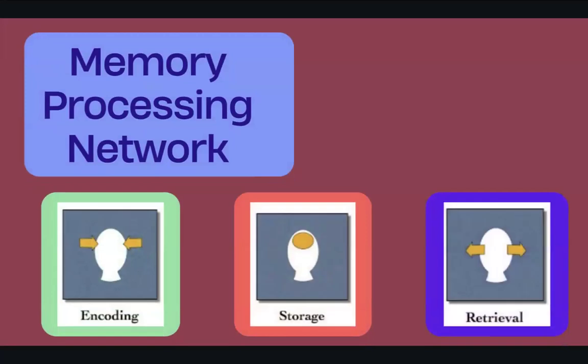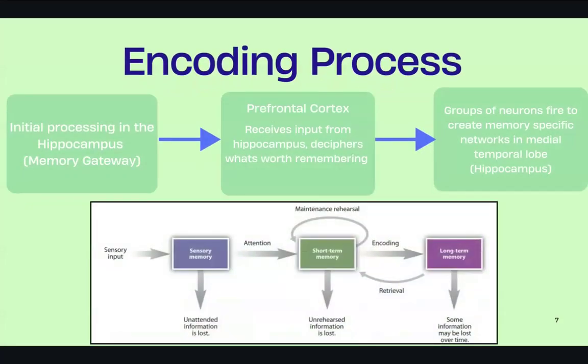Okay, jumping into the memory processing network, there's 3 stages: encoding, storage, and retrieval. Jumping into encoding. So the initial processing is in the hippocampus, which could be thought of as like a memory gateway. This process then leads to the prefrontal cortex, which receives this input from the hippocampus and figures out what's worth remembering, what's not. And then groups of neurons fire to create a memory-specific network in the hippocampus, making the